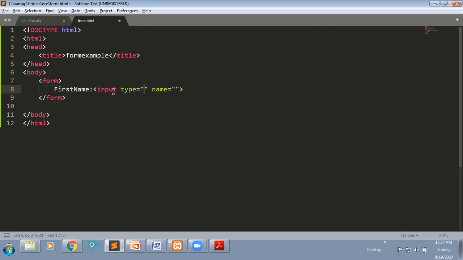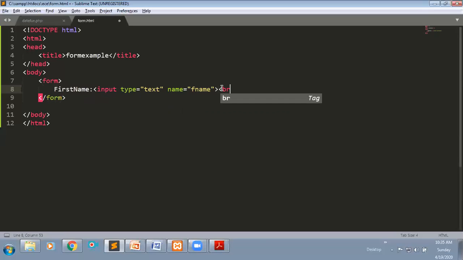For example, if you require a text box, here you need to mention type as text. If you mention type as text, you will get a text box in the output. I'm giving the name F name for this one. I will explain what is the use of mentioning name here.